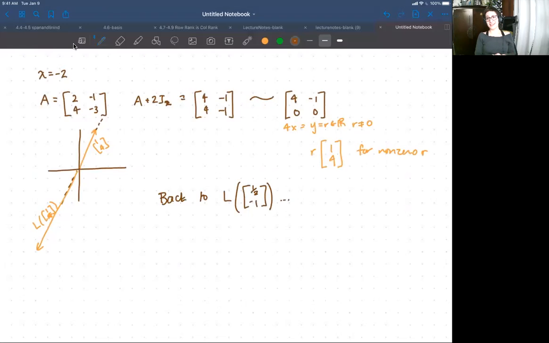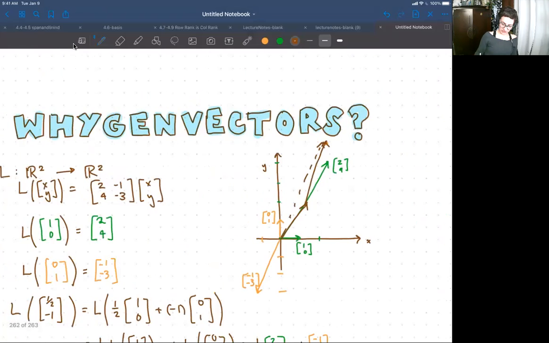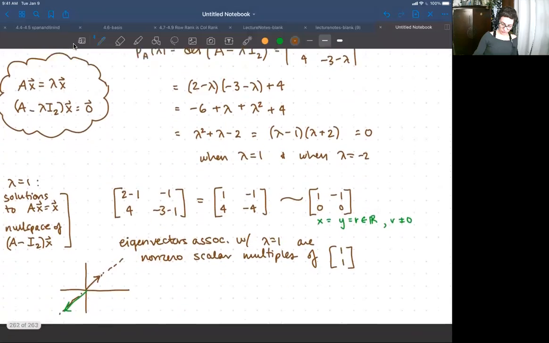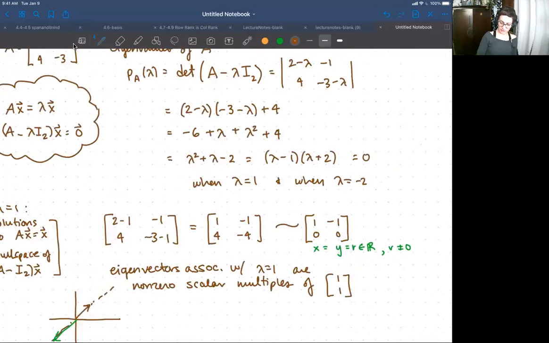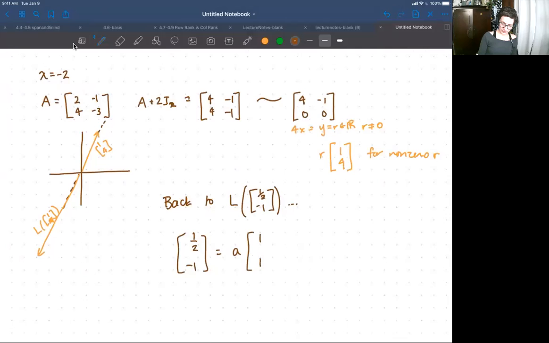I want to write this thing as a linear combination of the eigenvectors that I've got, or the sort of principal eigenvectors that I've got here. So if I could write (1/2, -1) as a combination of, what was my first eigenvector? It was (1, 1). Oh, of course it was. All right, so (1, 1) and (1, 4),